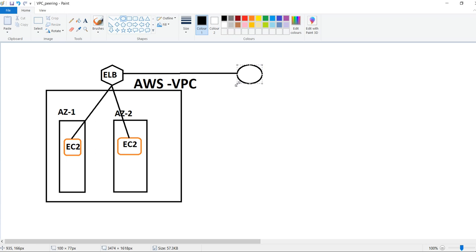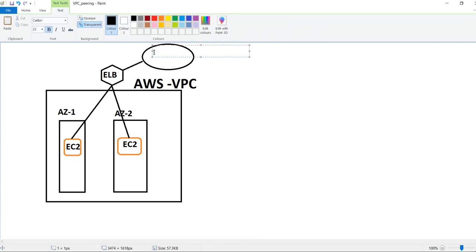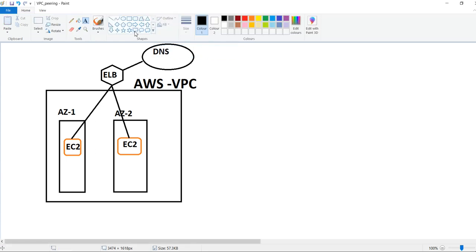Assume this is your setup. Yeah, this is how our application actually works.